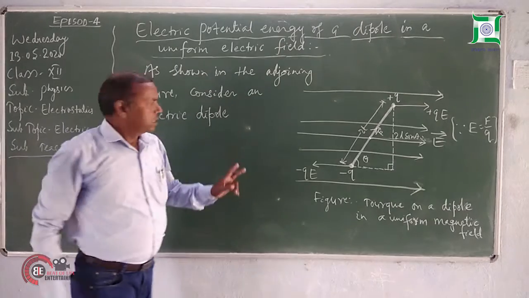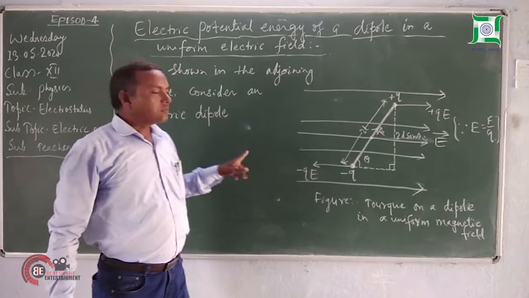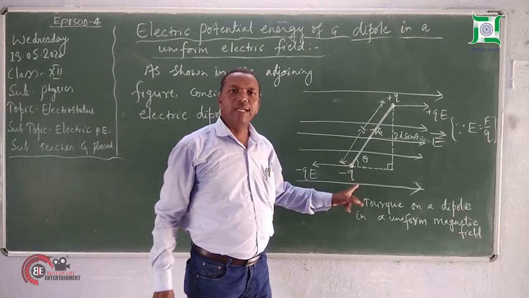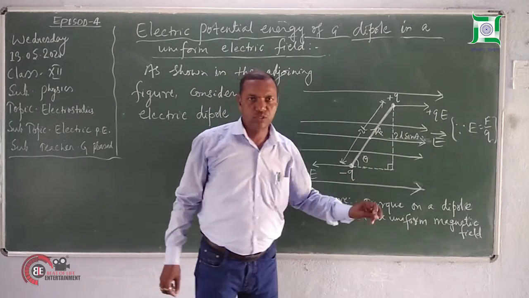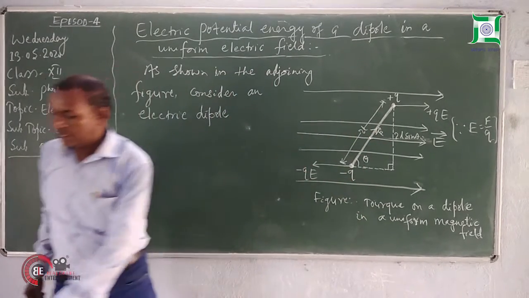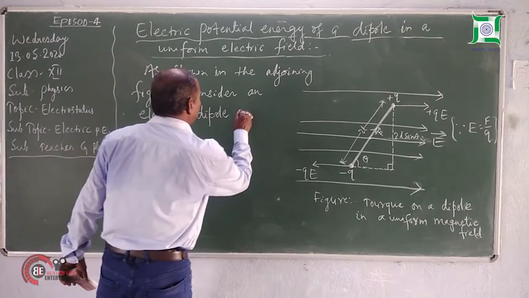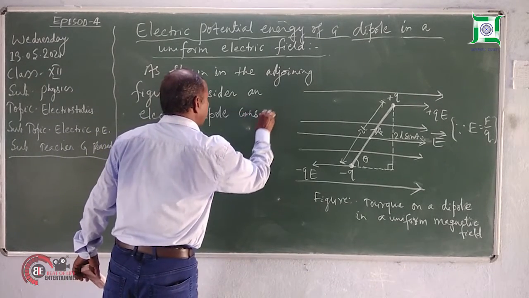As we know that a dipole consists of two equal and opposite point charges separated by some distance. So this is a dipole consisting of 2 point charges